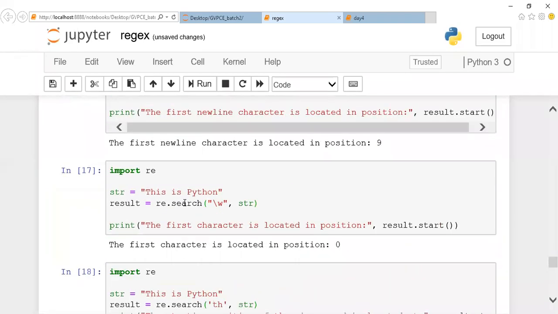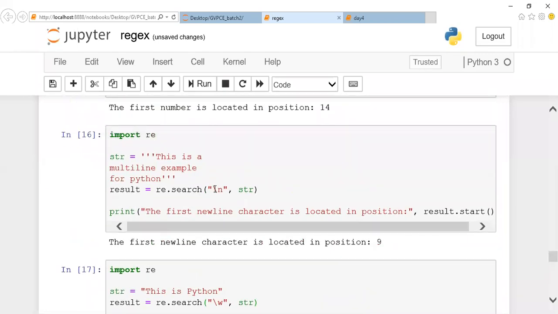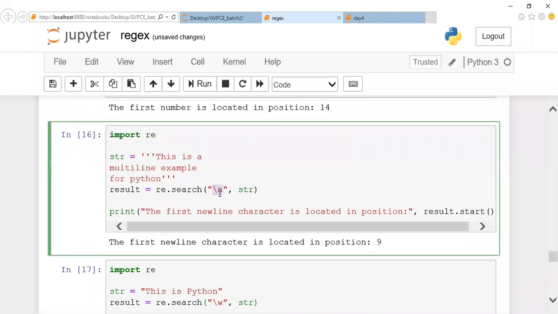Which one do you want me to explain again, Puja? This line, the 16th one. This is the occurrence of the newline, where the newline has occurred. So 1, 2, 3, 4, 5, 6, 7, 8, 9. So after the ninth character there is a newline. So after 0, right? 0, 1, 2, 3, 4, 5, 6, 7, 8, 9. At the ninth position, not after, at the ninth position. Okay,